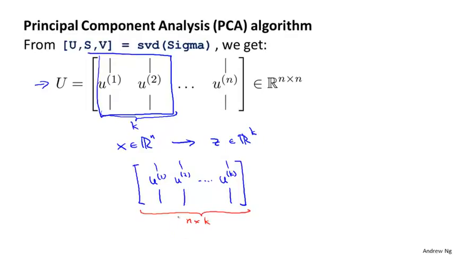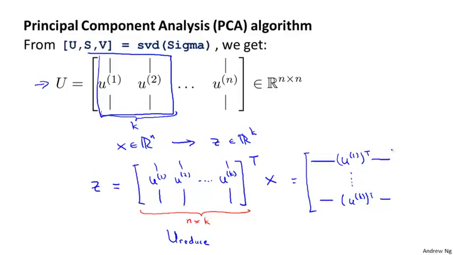I'm going to give this matrix a name. I'm going to call this matrix U subscript reduce. It's sort of a reduced version of the U matrix, maybe. I'm going to use it to reduce the dimension of my data. And the way I'm going to compute Z is going to let Z be equal to this U reduced matrix transpose times X. Or alternatively, to write out what this transpose means, when I take the transpose of this U reduced matrix, what I'm going to end up with is these vectors now in rows. I have U1 transpose down to UK transpose, and then take that times X,